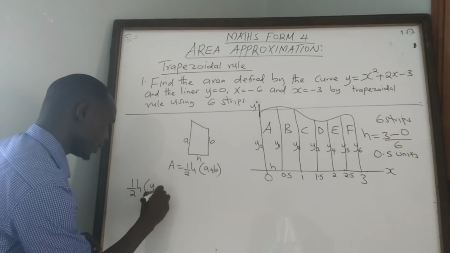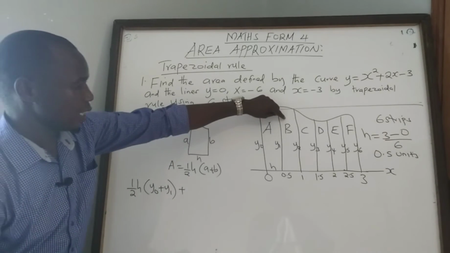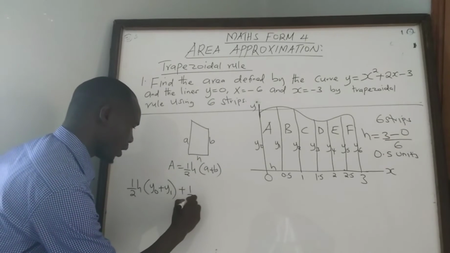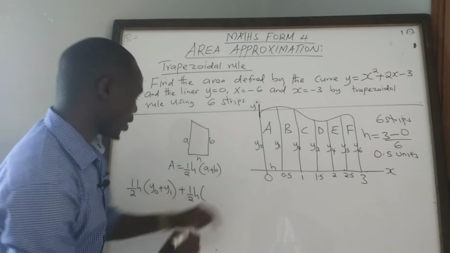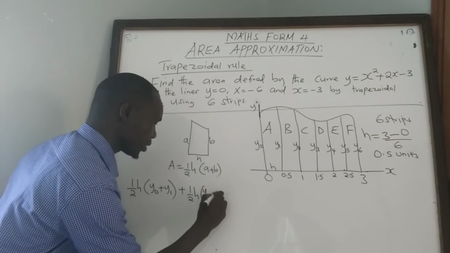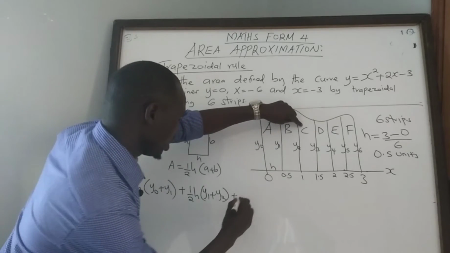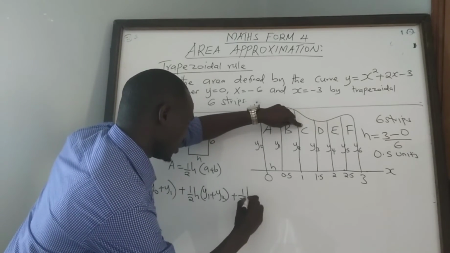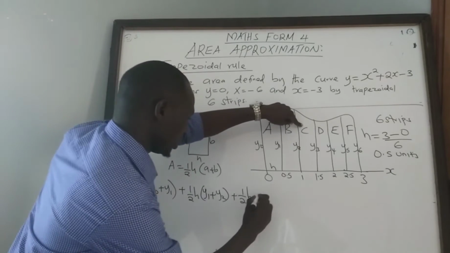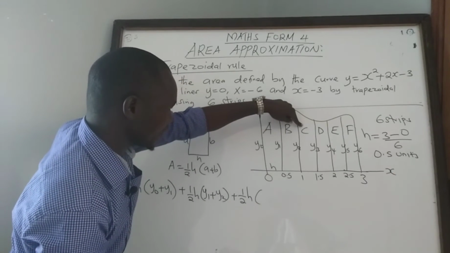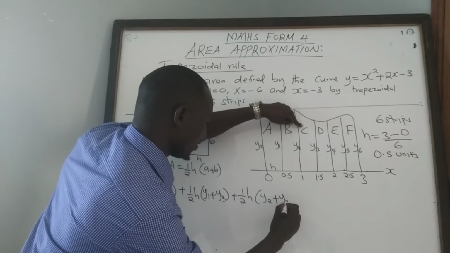So we are going to have y0 plus y1. Then plus, if you want to get the area of B, we are going to have half times the height into the sum of the two parallel lines, which is y1 plus y2, then plus, if you want to get C, we are going to have half times the height, then into the sum of the two parallel lines, that is, we have y2 plus y3,